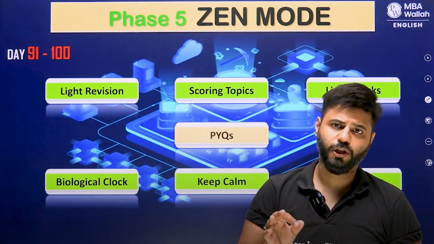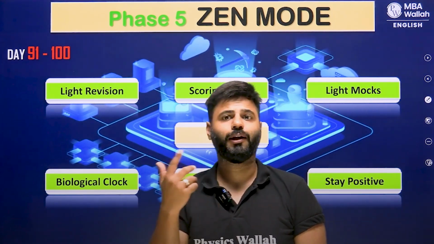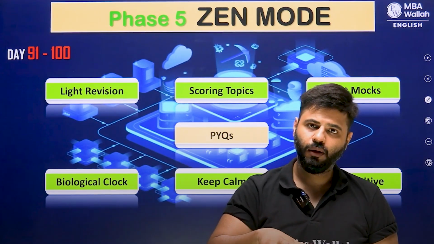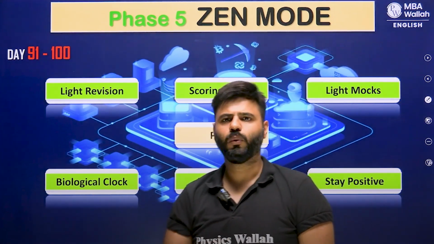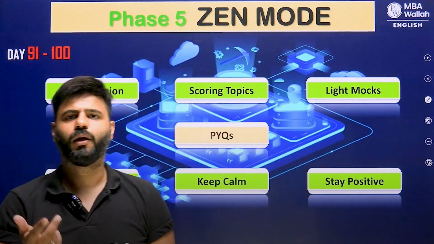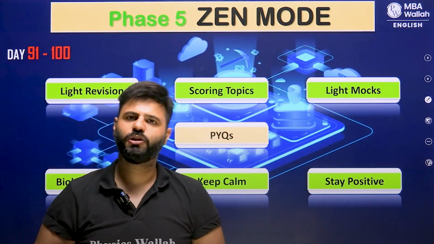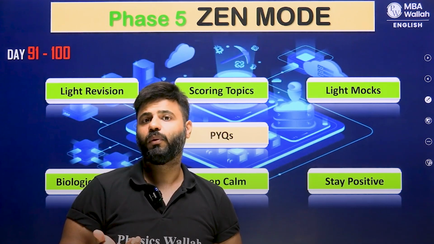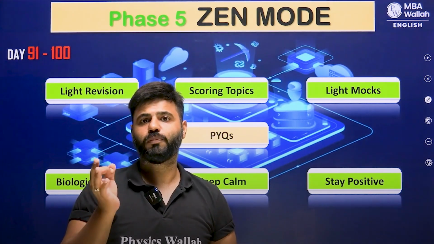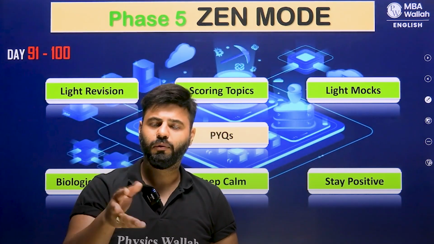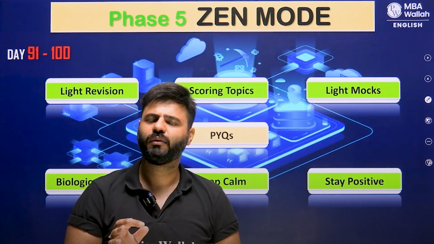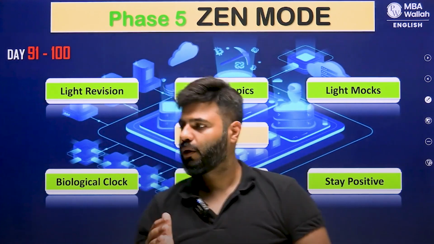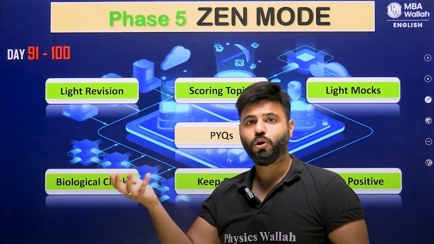Many people make this mistake. There are late night people who study late at night, and suddenly when they get slot 1, they're not able to wake up in the morning, or they are not working at their best potential in the morning, and ultimately what happens? They are not able to play at their best potential again. And some people try to achieve this biological clock on the last day or the penultimate day. But nothing like that. You need at least 10 days so that you start working as per your slot timings.